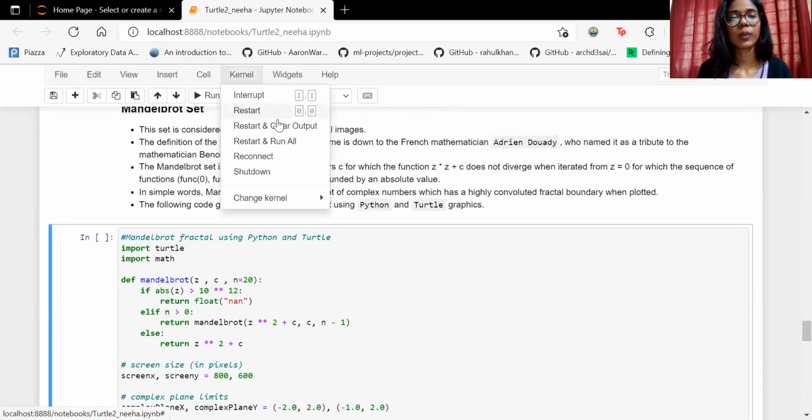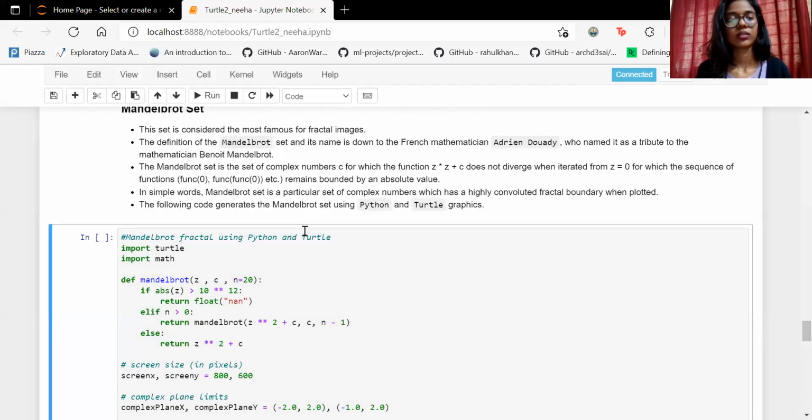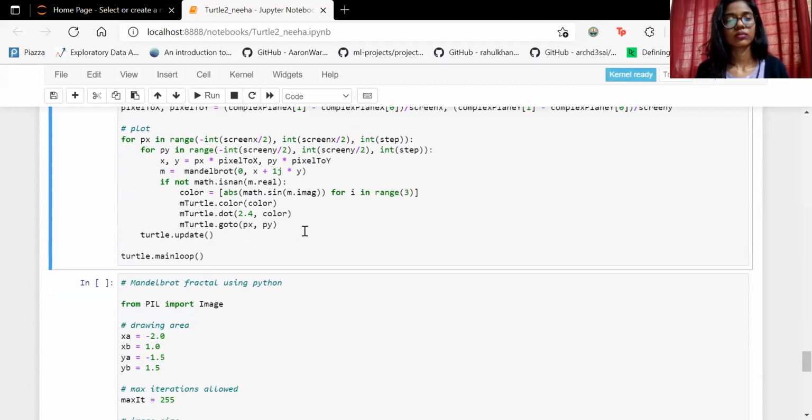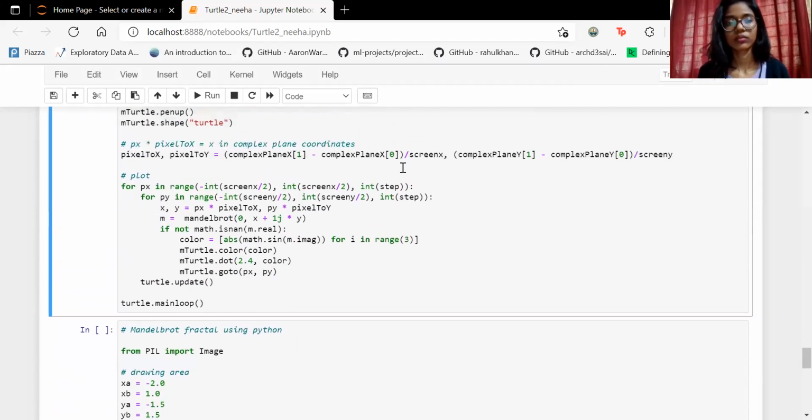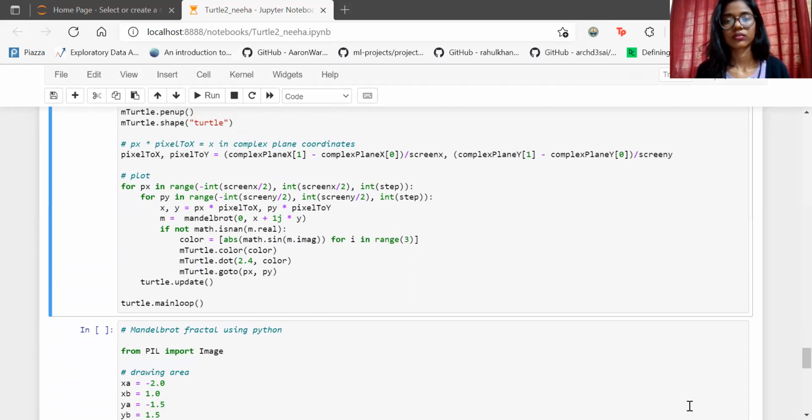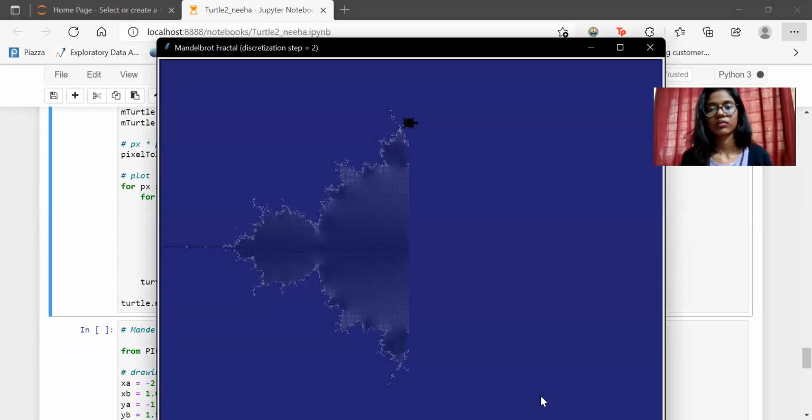Let's see how this will work. You can see it is pretty satisfying to watch how the Mandelbrot plot is being generated.